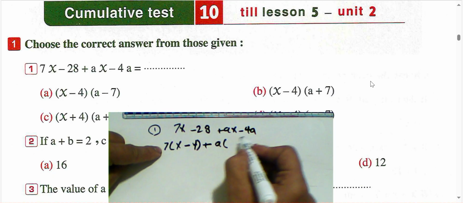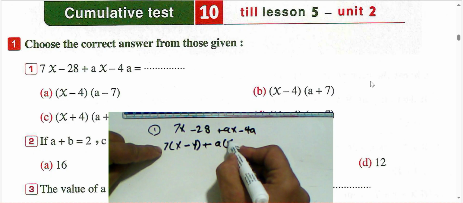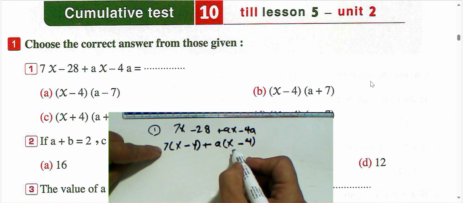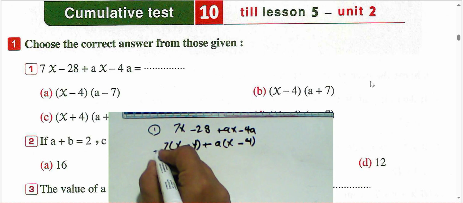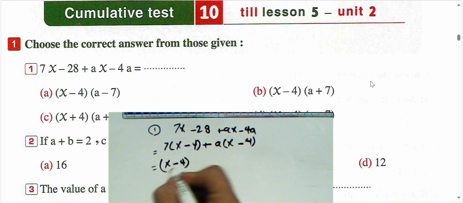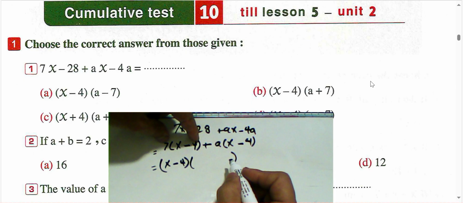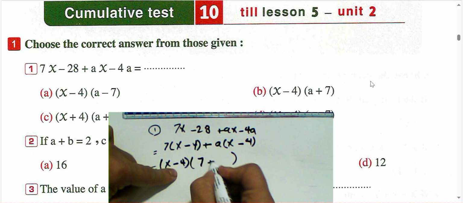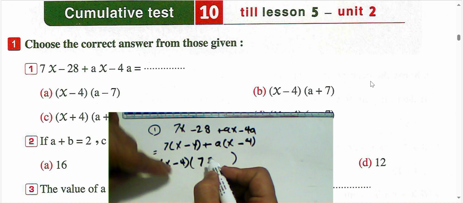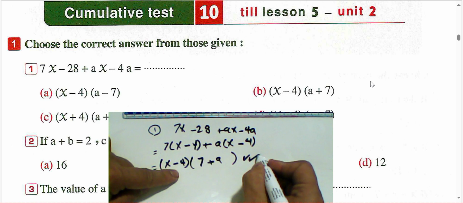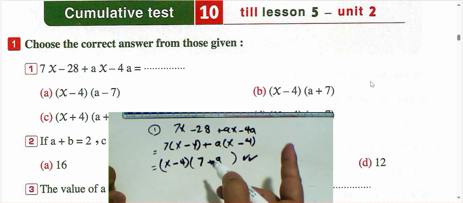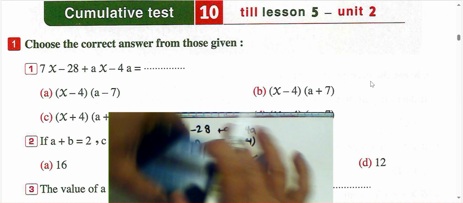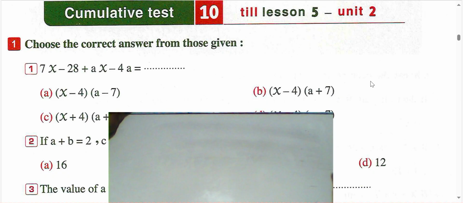And then we can write here a highest common factor between 2 terms. Okay, and then we have x minus 4, it's repeating, then we can write outside x minus 4. Then this term divided by x minus 4 will be 7, and this term also divided by x minus 4 will be a, and the result will be x minus 4 times x plus a, or a plus 7. Choose letter B. Okay, next question,